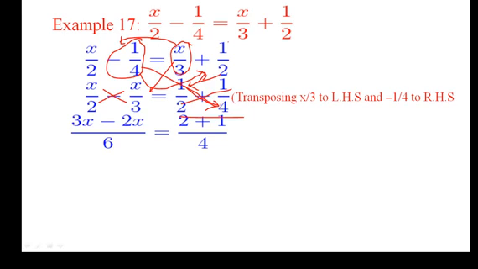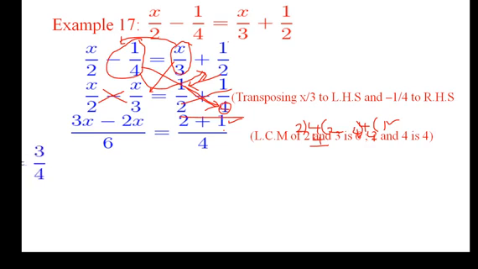Sorry, here 4 is the LCM, no? So we won't take it like this. 4 is the LCM, so 4 should be divided by the first denominator 2. 2 2s are 4, so we get 2 here. 2 into 1 is 2. Next, the second also is the same: 4 should be divided by 4. 4 1s are 4, we get 1 here. So 2 plus 1 is equal to 3 by 4. So x by 6 is equal to 3 by 4.